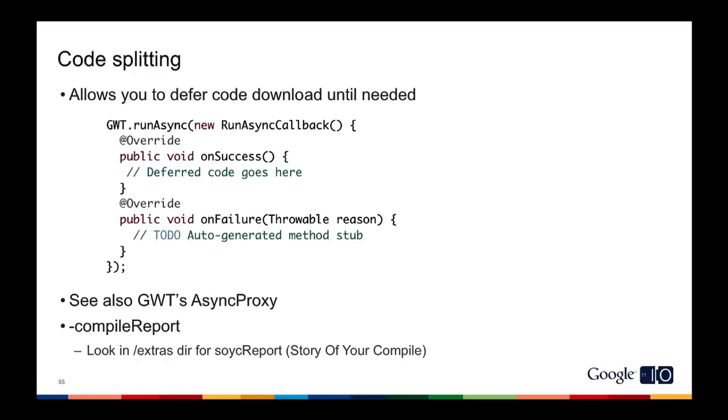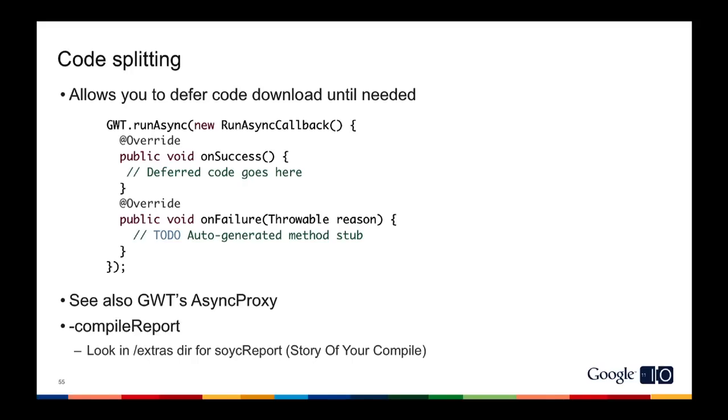There's a class that not many people know about called the async proxy class in GWT that can help you with this, because it can actually turn an async call into one that looks like a synchronous call. So if you use the async proxy, it can help you navigate some of the difficulty of the code here